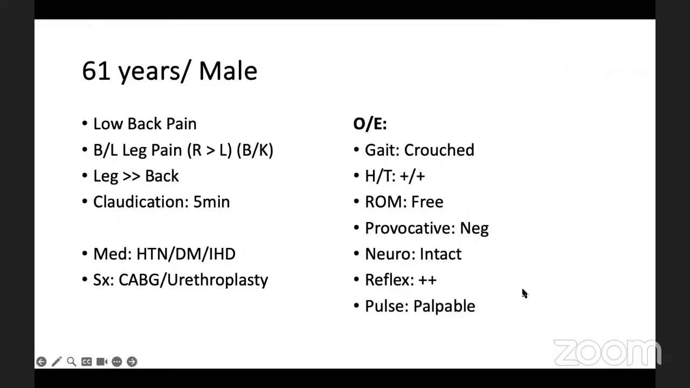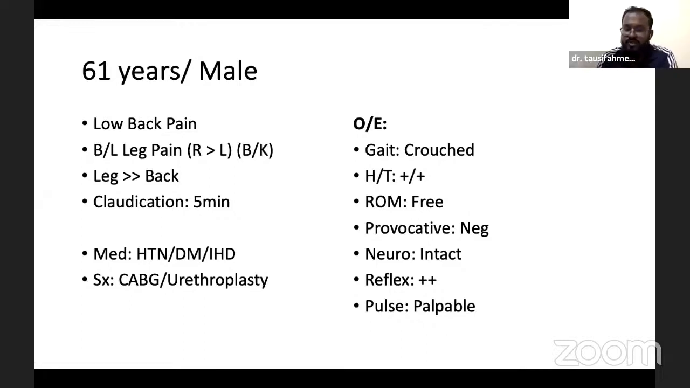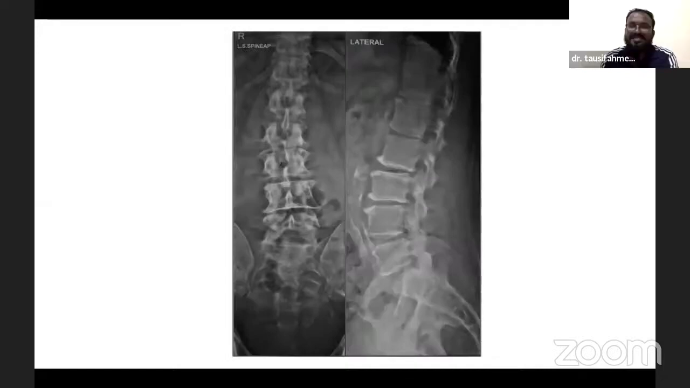Now, in terms of investigation, I would like to go ahead with X-rays, dynamic X-rays, and then MRIs. Yeah. So this is the X-ray for you. What do you see in the X-ray? I just want to come in here. Just want to know